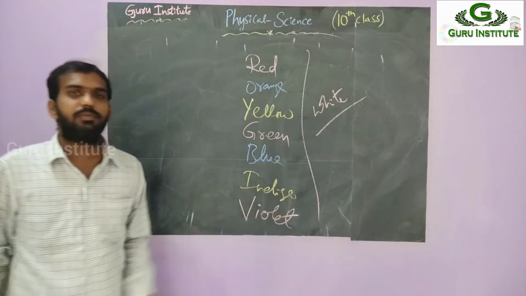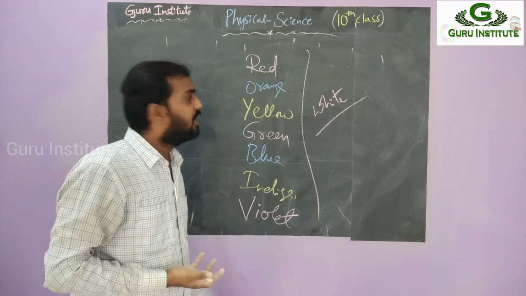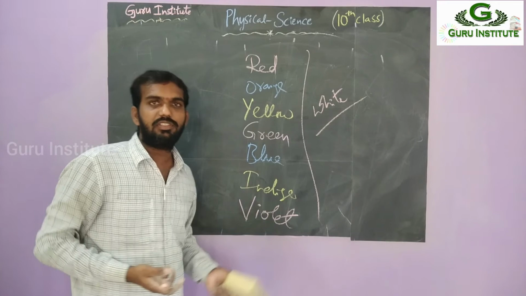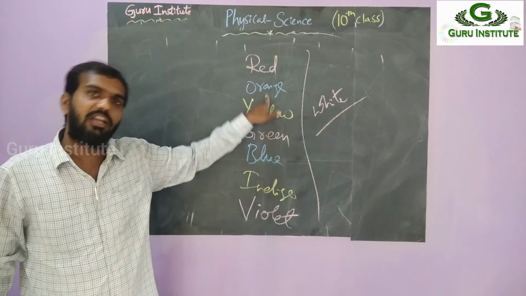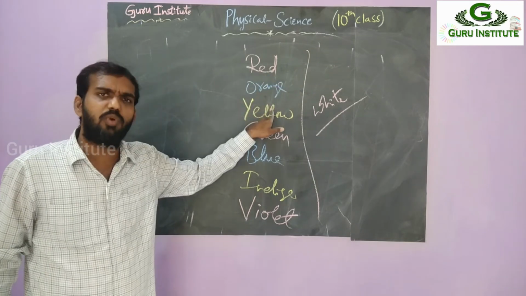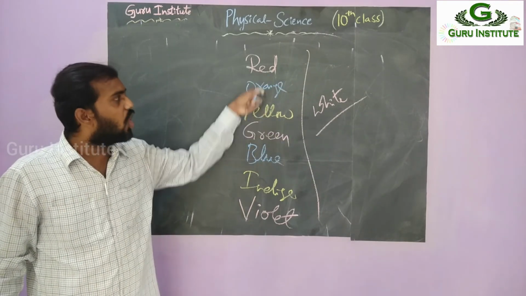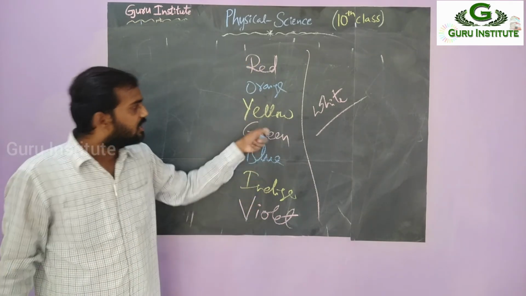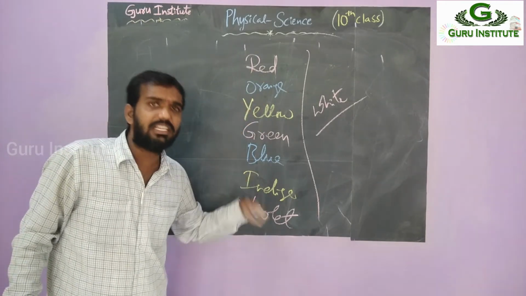Why it is done? It means the body absorbs the heat energy and it emits these colors. That is how you are getting this emission. So whenever red is there, the remaining colors are not there. But whenever orange is there, red is also present, but its intensity is more, so you can see the orange only. Whenever yellow is there, along with the yellow, orange and red are also there. Like this, whenever violet, suppose blue is there, the remaining colors are also emitted, but we can't see them because the intensity is less at that time.